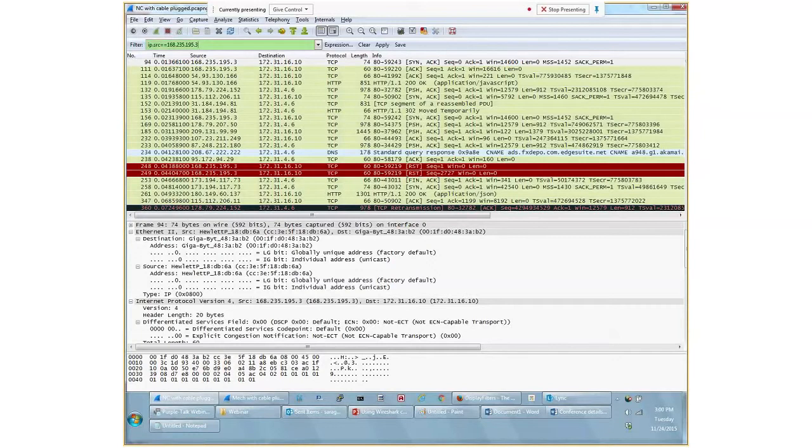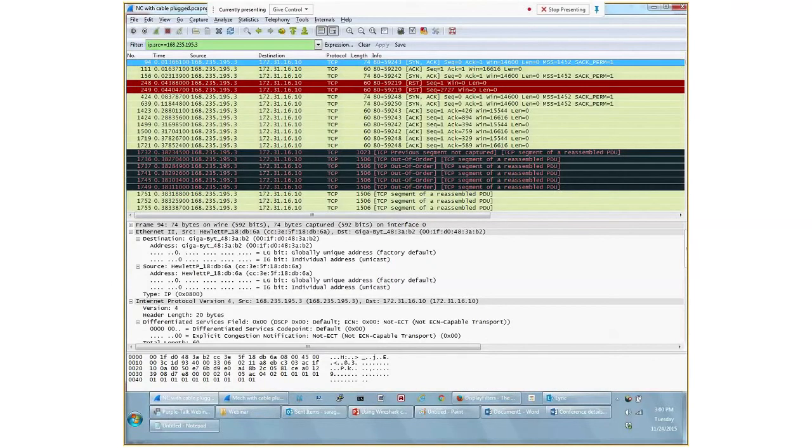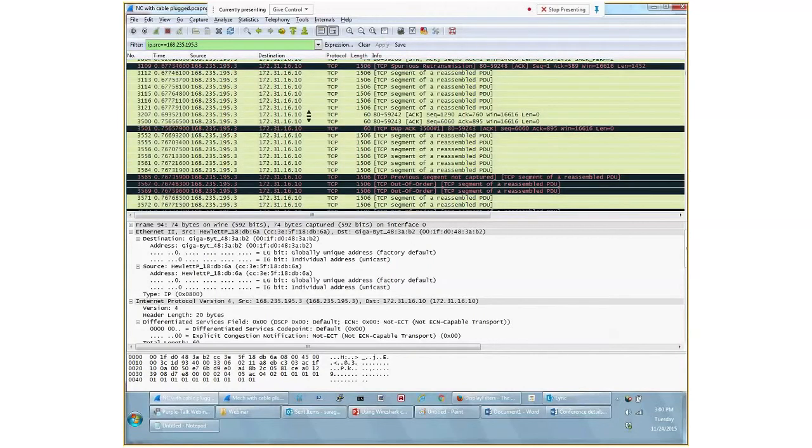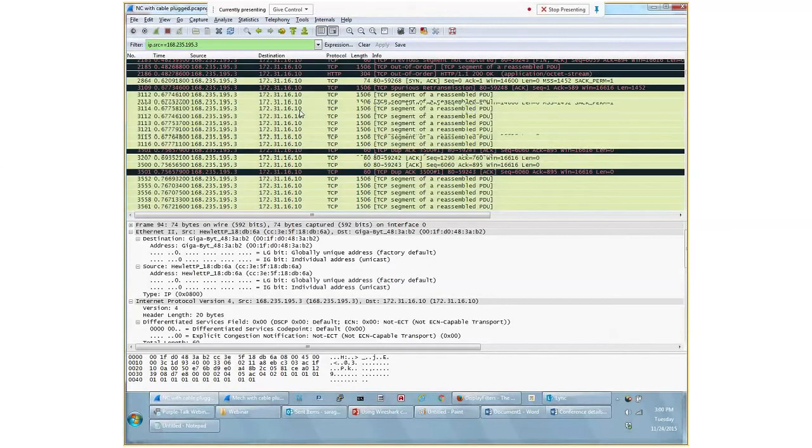I'm using this IP address, trying to filter out information related to it. It's giving me only the packets which have the source IP address as 168.235.195.3. You do not want to waste your time looking at all the other unnecessary information. You can check only what you want.